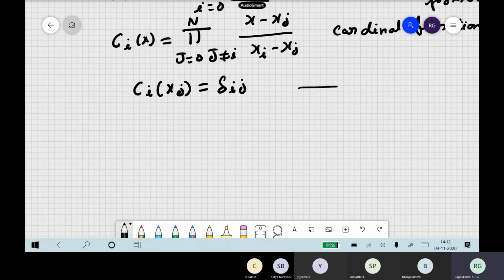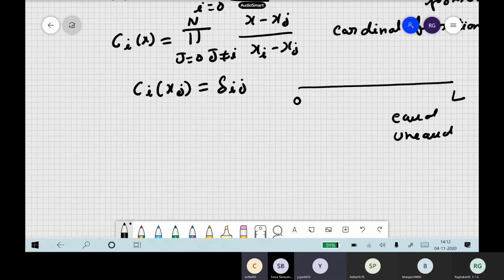And of course, last class we also discussed how these interpolation points should be. What is the guideline? If I have a domain, like a beam from 0 to L, where should the interpolation points be? Equal spacing or unequal spacing? Usually irregular, unequal spacing is preferred, but the spatial sampling is more at the ends. Why should spatial sampling be more at the ends? Because the error is maximum at the ends. The rest of the part matches with the equation.